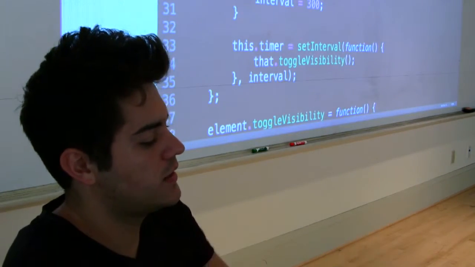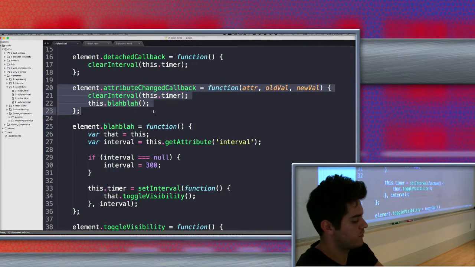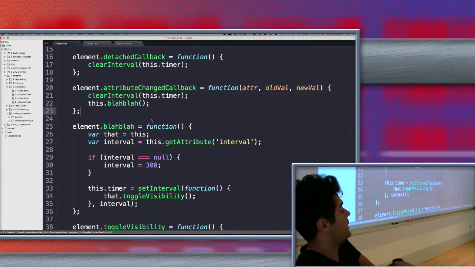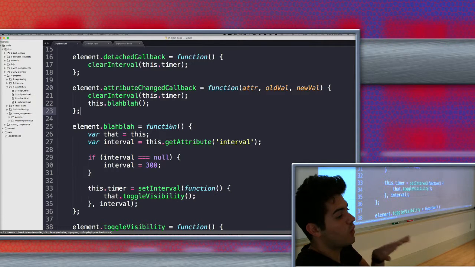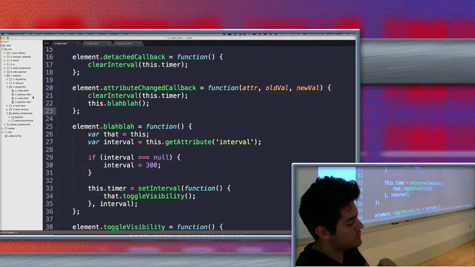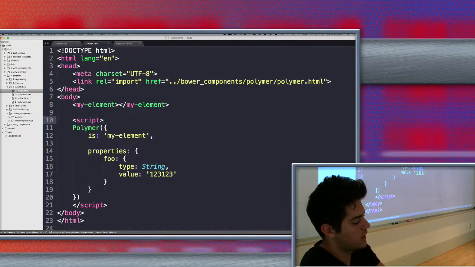So that's why this is one of the things that Polymer helps with. And right now we're just looking into one attribute changing. Imagine we have something different, like